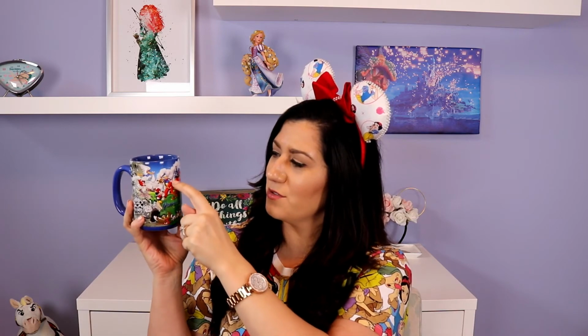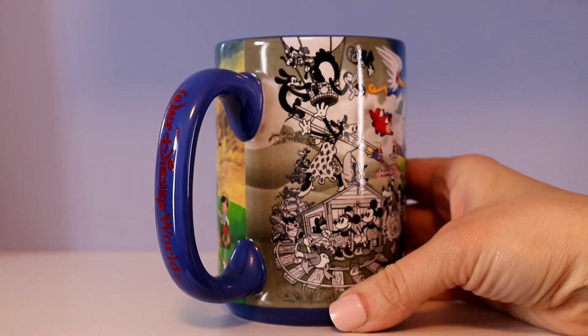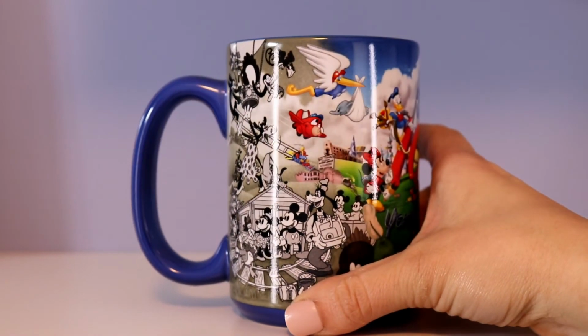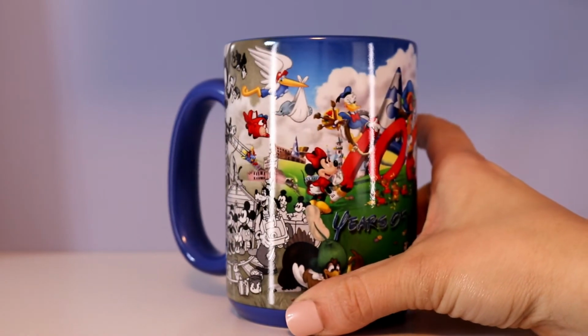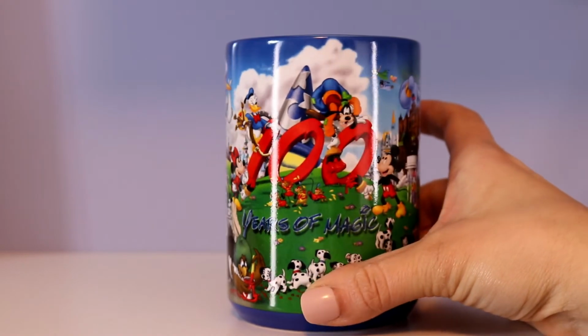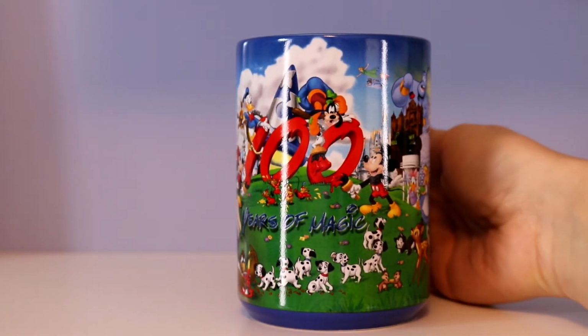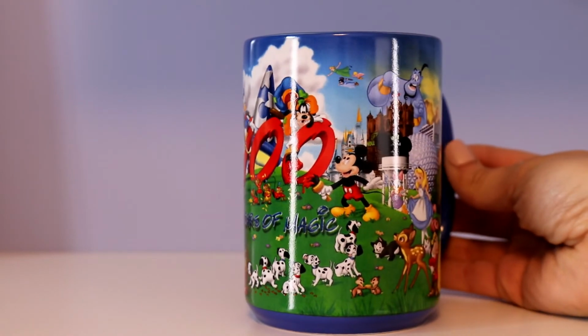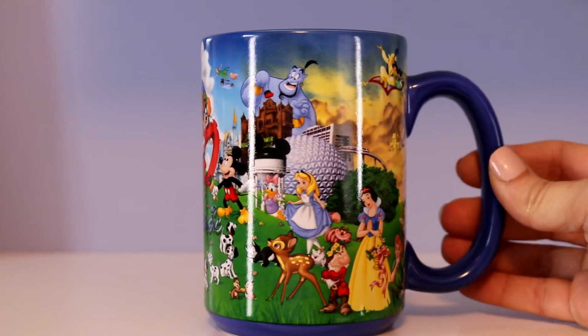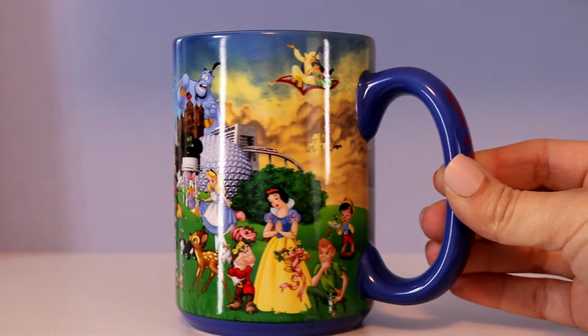It has a Sorcerer Mickey hat on it. Mickey and Minnie, actually the whole Fab Five do appear on here a few times. It has all the symbols on it. It has the monorail, it has Spaceship Earth, it has the Tower of Terror, a bunch of different iconic characters on it. But my favorite part about this mug actually is over on the opposite side, where it just shows a